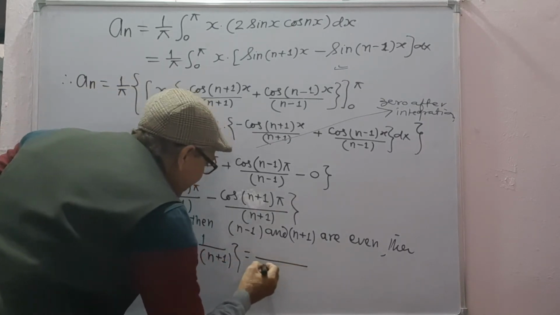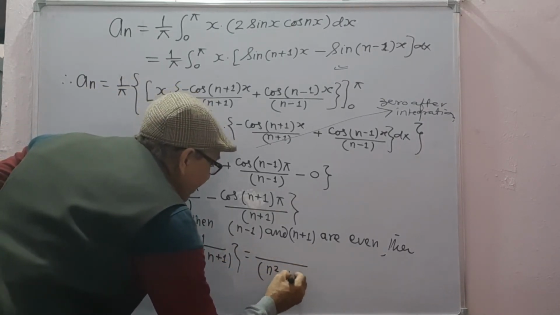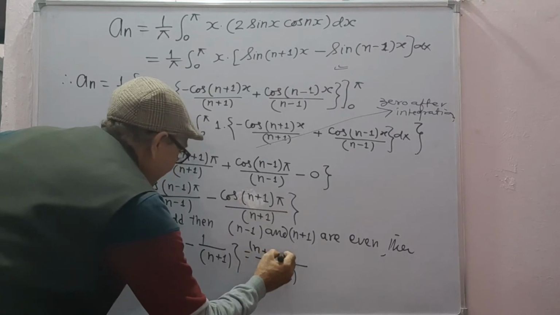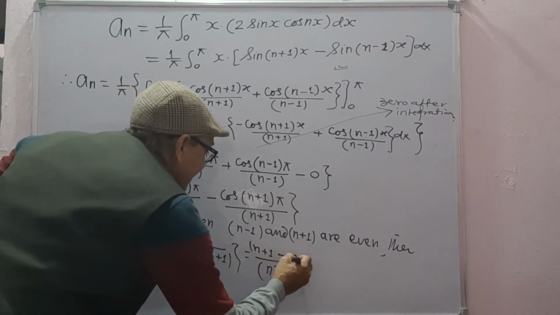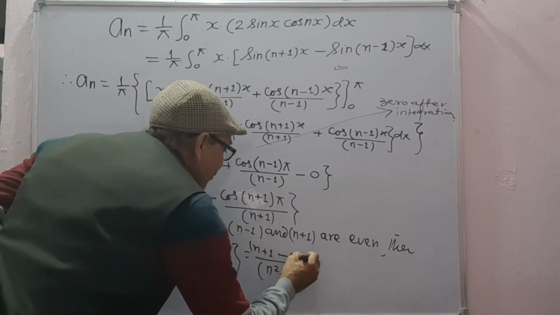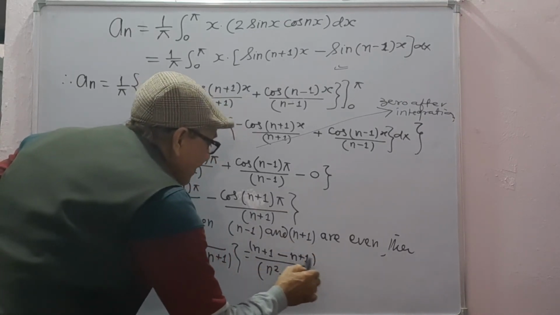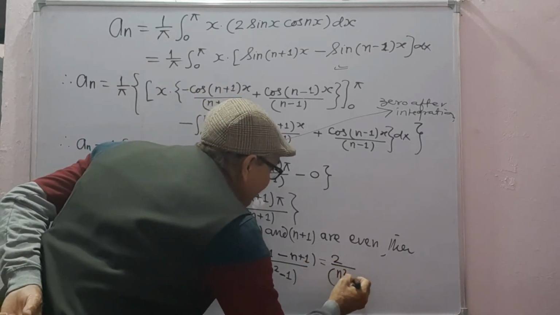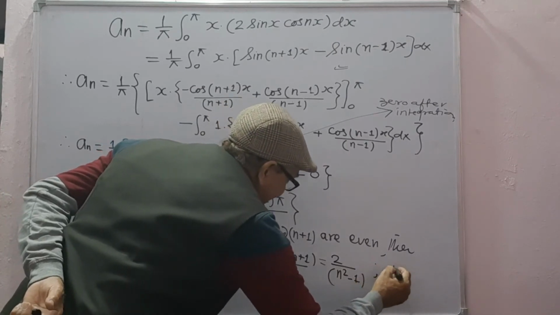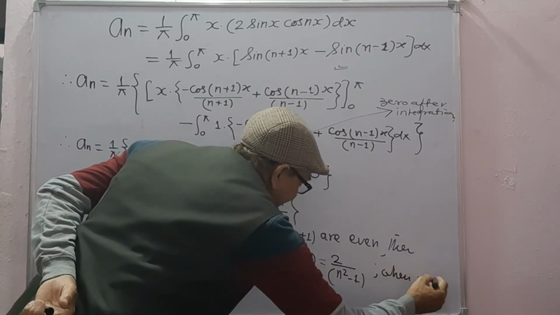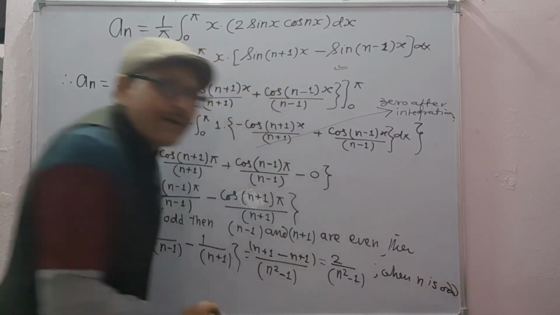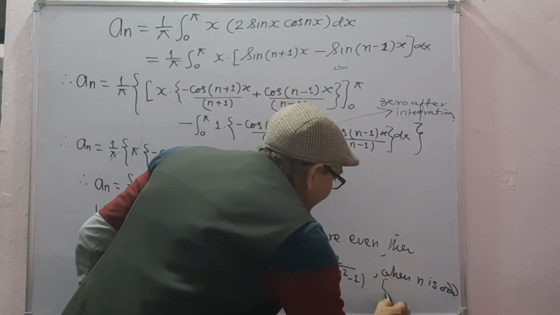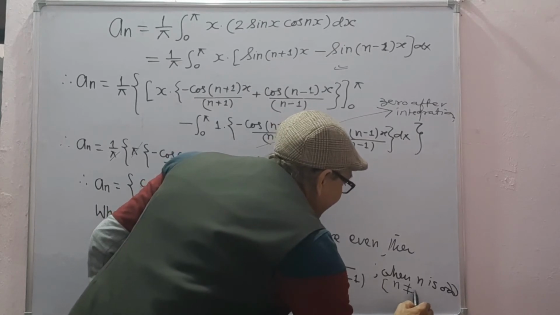LCM is n square minus 1. Here n plus 1 minus n minus 1. So n cancels out and we get 2 upon n square minus 1 when n is odd, excluding n is not equal to 1,